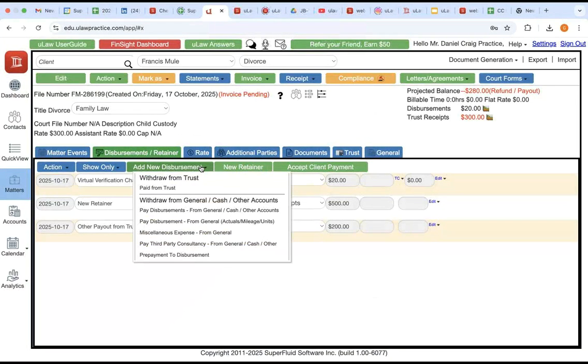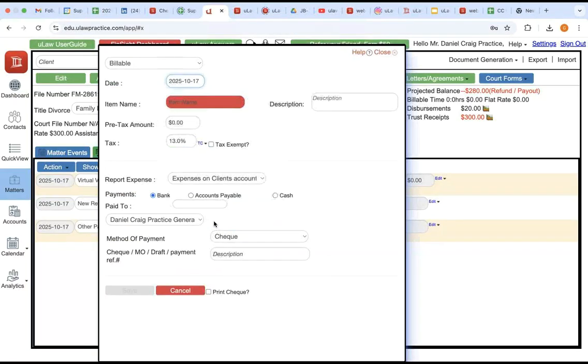And go back in there. Let's say there is another type of disbursement which is in the general.